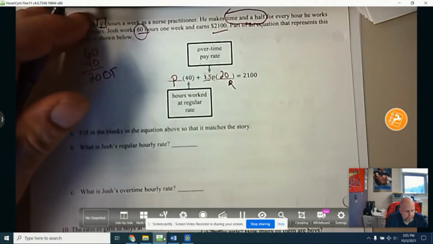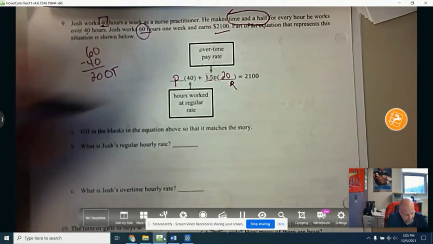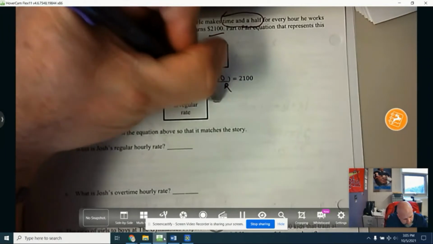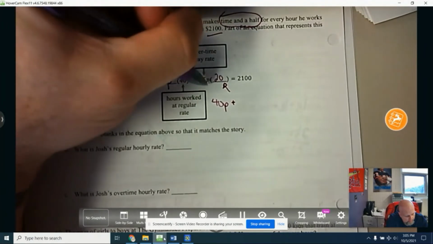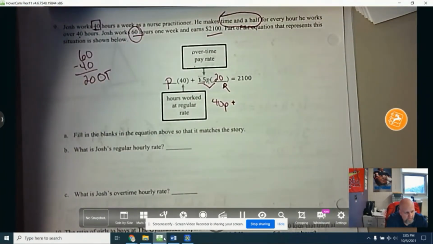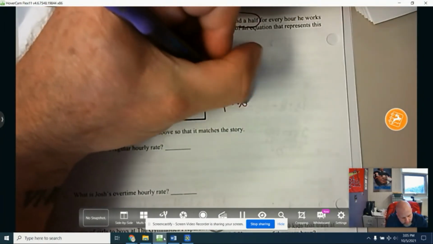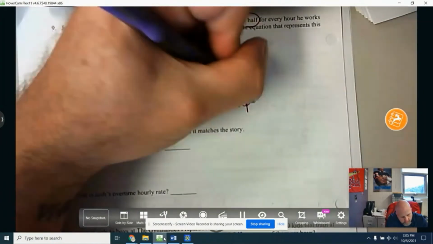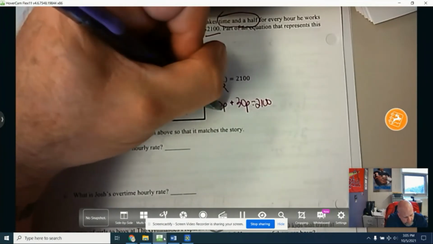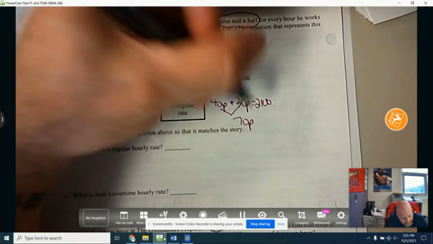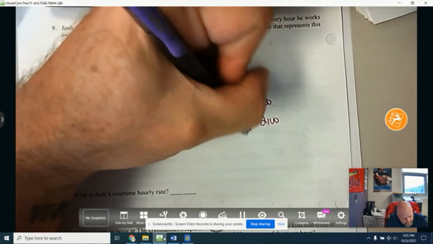So now I need to go ahead and actually figure out this equation if I want to find out what his hourly pay rate is. So P times 40 is 40P, plus 1/2 P times 20. 1/2 P times 20 gives you 30P equals 2,100. So if I take 40P plus 30P and add those together, you get 70P. 70P equals 2,100. And then I want to divide by 70,